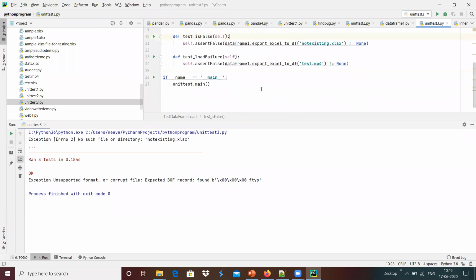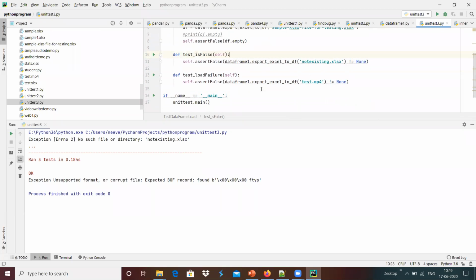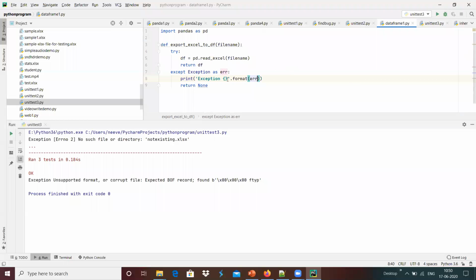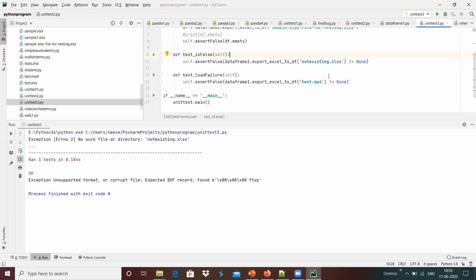And we are having the option of trying to load a non-existing file into the data frame, and we got the error "no such file or directory", and the function returns a none value, which is expected over here. And we have the option to load an unsupported format file into pandas to create a data frame.